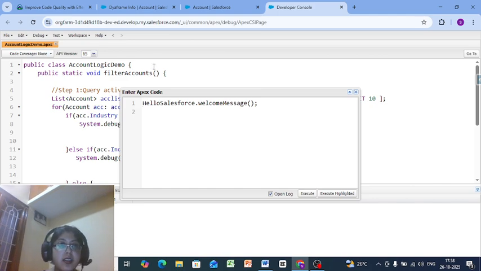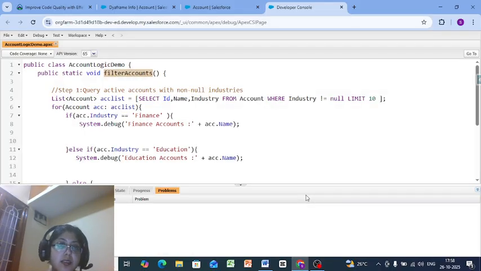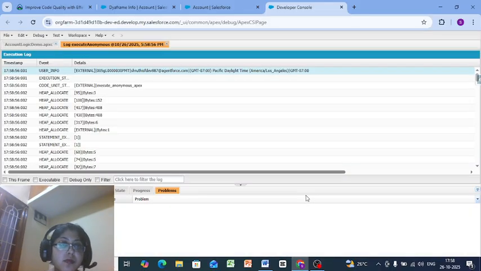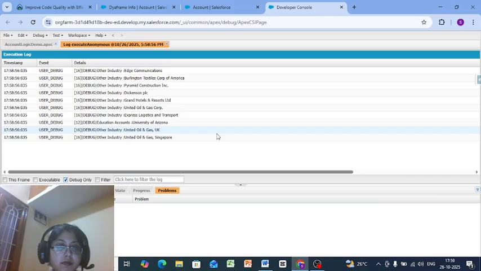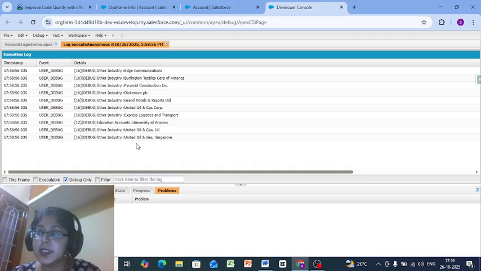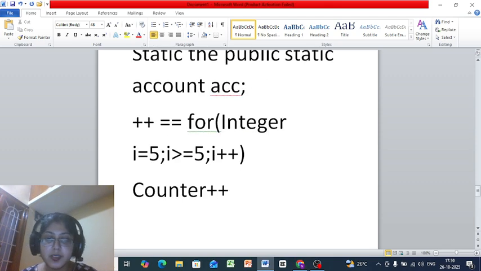Now before I step into the logic part of the best practice, I have to explain the code inheritance. Now let's execute this in the window. And here are the details of the account. Now let's talk about the best practices, because we want the logic to be inherited by the properties of ours,